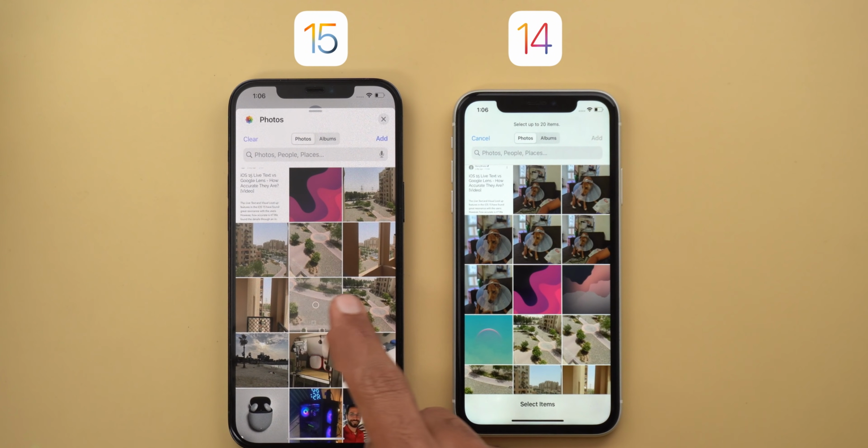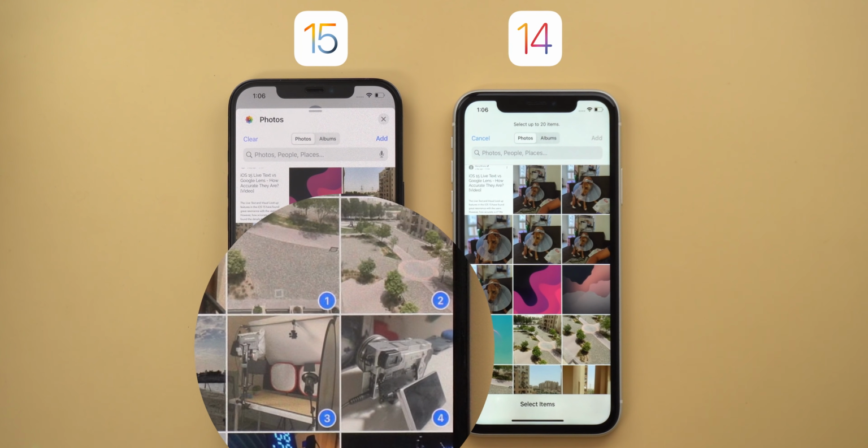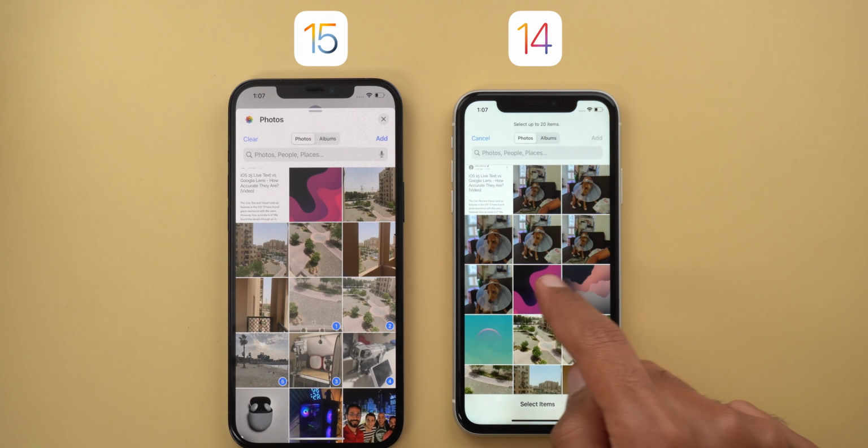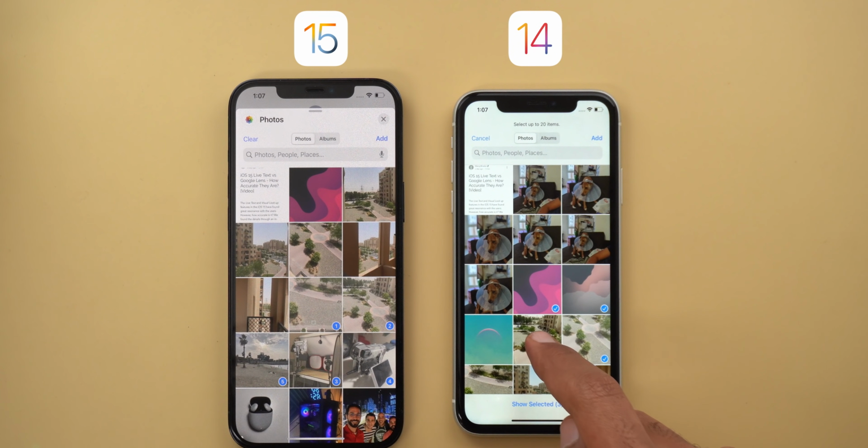And when you multi-select photos, you will see they are now selected in order. You will see the number 1, 2, 3, 4, and so on. So if you want to make sure your photos are shared in a specific order, now you can do this in iOS 15. However, on iOS 14, you will only get the tick sign, which means your photos might not be shared in the